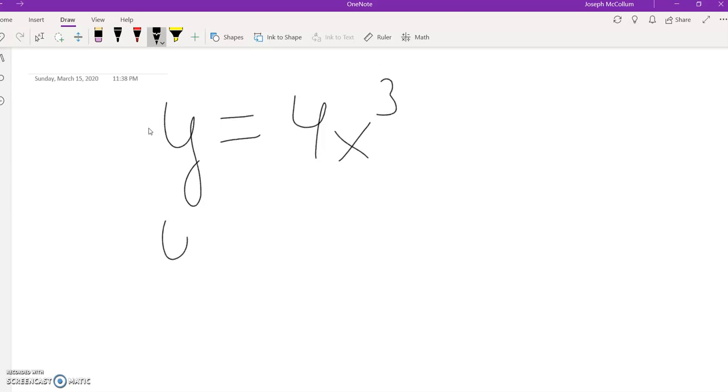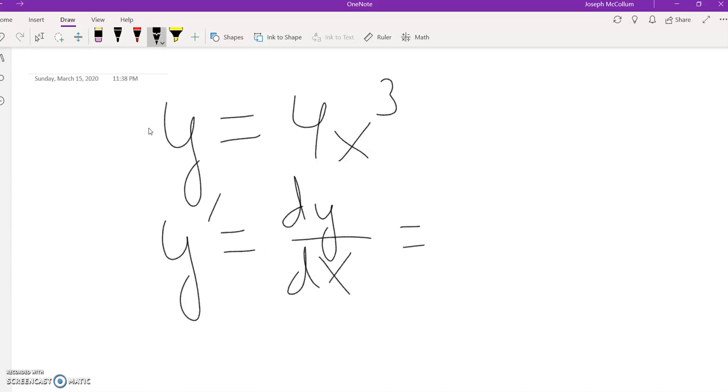The derivative of this, y prime, or some people prefer dy dx, will be by the power rule. Why? Well, there's a power. And how does one deal with the power rule? Well, the rule states, if you look on your formula sheets or in your calculus book,